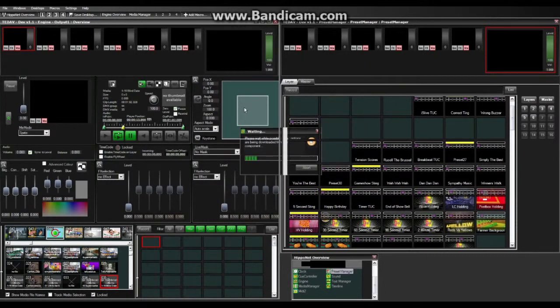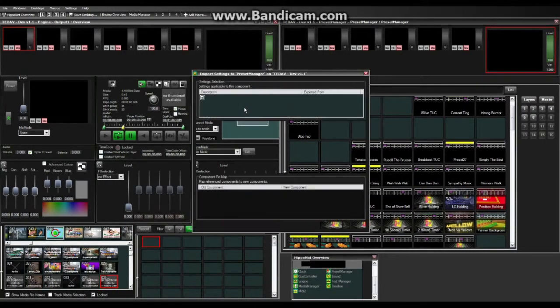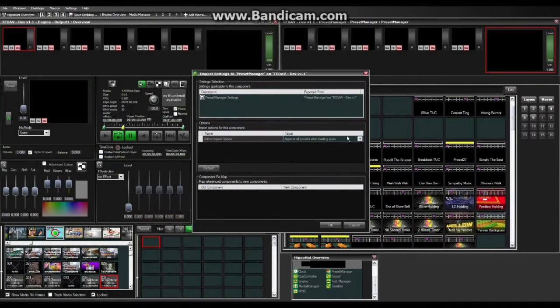This will then bring up a window regarding import options, different variations of how you actually want to import the media into the Raccoon. There's one key fundamental that we do need to change within these options, and that is that we don't want to append all presets after existing ones. We actually want to delete existing presets. This will delete all of the presets and then reinstate all the new ones with the correct